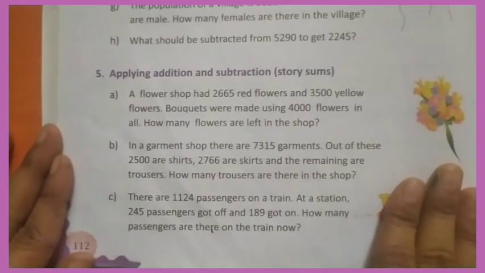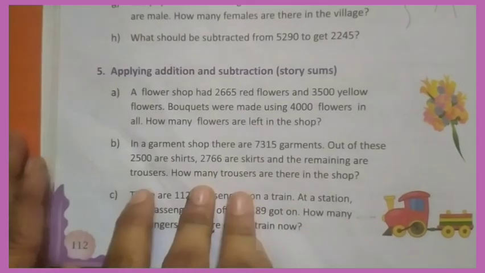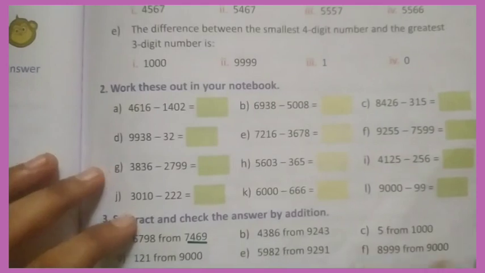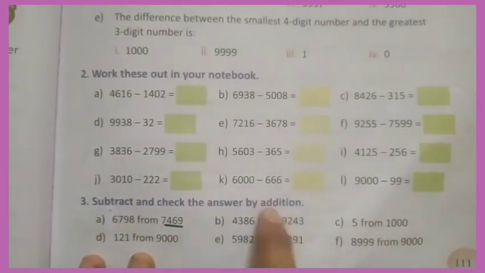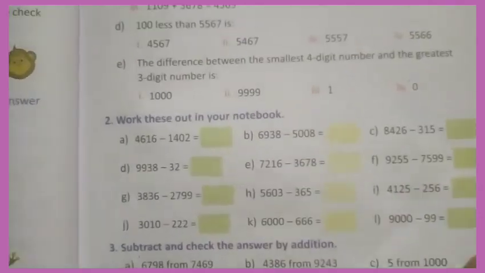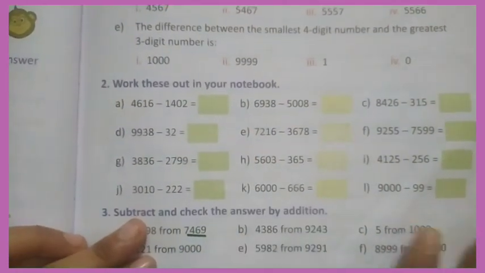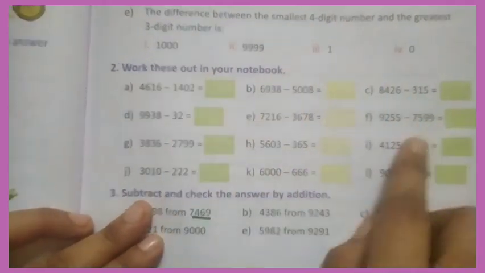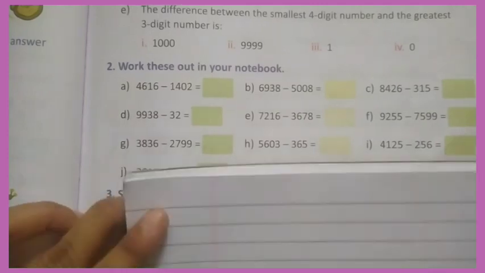Look here children, up to now we have completed up to C answer. Now I will explain today's homework. Okay, in textbook page number 111, in previous class I have given this homework. Now I will give this second bit. Okay, I will explain 2 problems for you. You have to do this total 3. Okay, look here, look at first question.